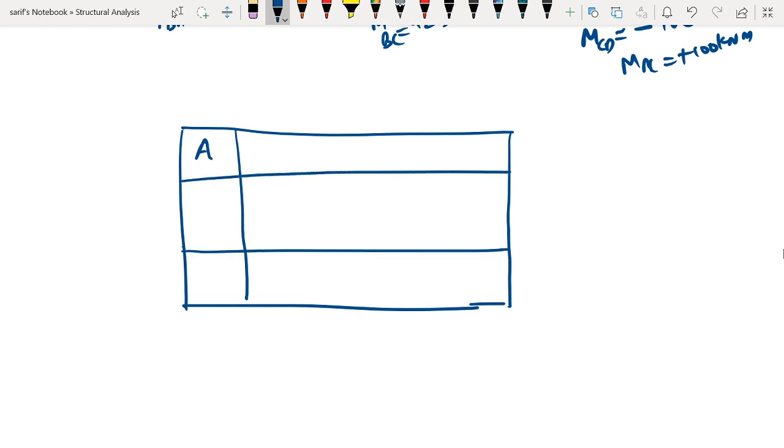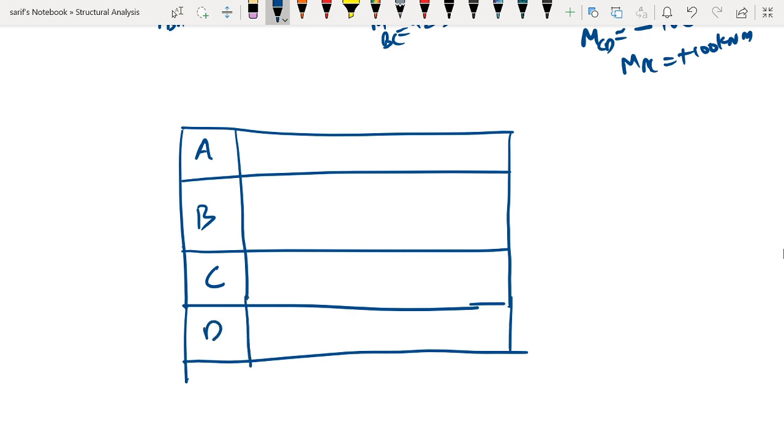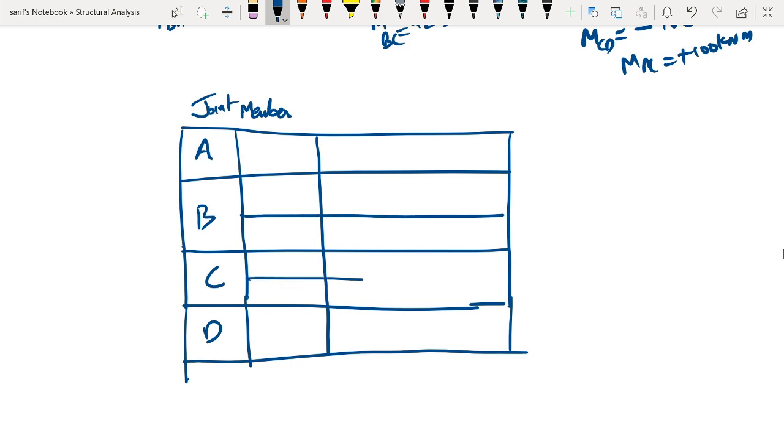The second will be joint B. Then we have joint C. Also the last one will be joint D. The next column will be member. We have two members here, we have two members here also. So at joint A, the member is AB. At joint B, the members are BA and BC. At joint C,